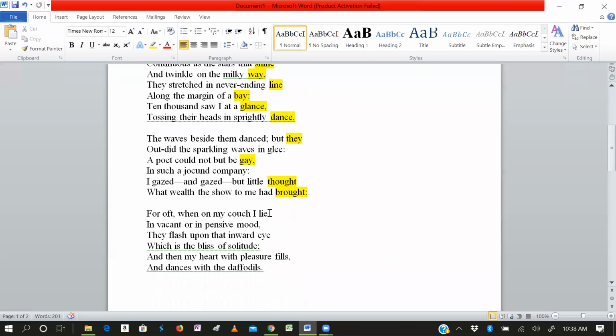I hope you have understood the poem. Lie and I, this is again the same sound. I can see you raising your hands and completing your task, and you are doing well. So I and sort of, fails and deals. Daffodils. And here mood and solitude, so that sound does not go with the letters at the end.